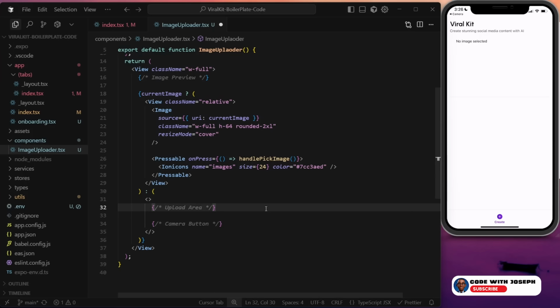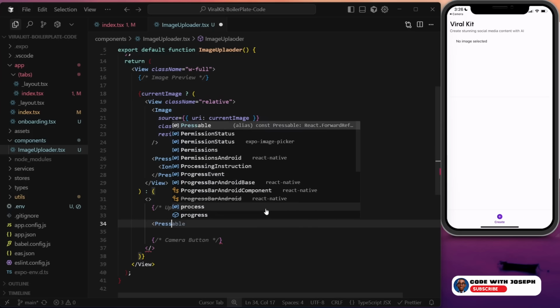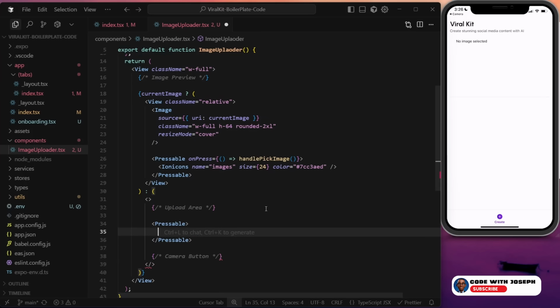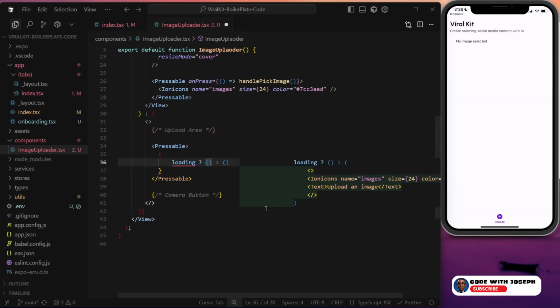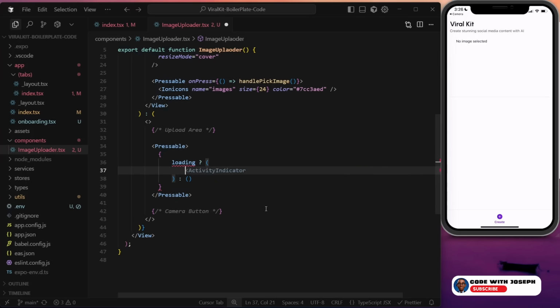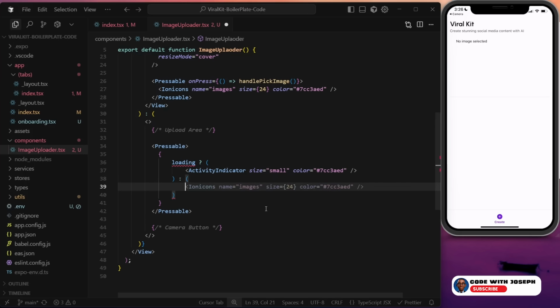So after this I'm going to have a Pressable. Inside of this Pressable I'm going to say if loading is true, I'm going to show something else. So if loading is true, as you can guess what I'm going to show here, just an ActivityIndicator coming from React Native. Size is going to be small. This is going to be the color AED. So else, if loading is not true,